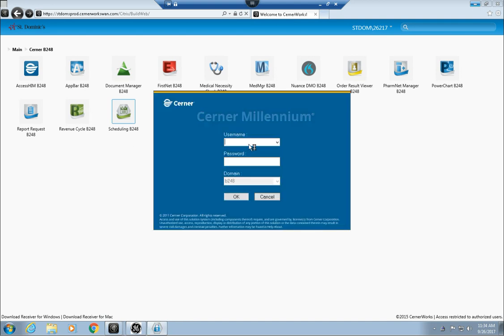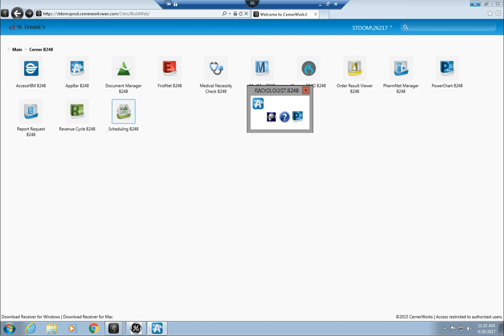So the app bar, when it starts, you get the familiar Cerner splash screen. You'll see this splash screen no matter which Cerner application you start, including PowerChart. You'll use your typical Citrix login ID and password, same that you would use to get into Storefront if you're at home. And when you open it, you'll get this